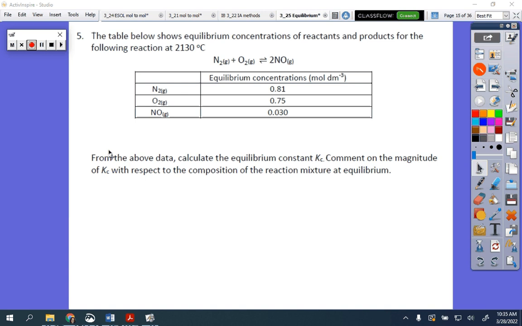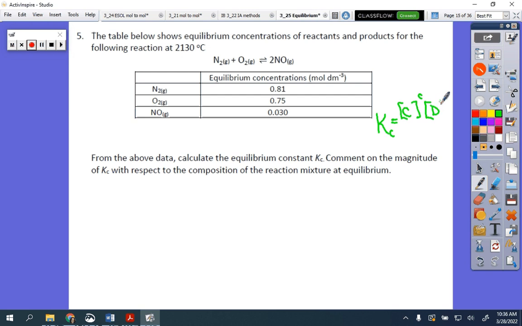So it looks like most of you have either set this up or gotten an answer, and from what I saw, the answers that I saw looked good. So just to quickly go through it for the sake of the recording, all we're doing is using our general formula that our Kc is the concentration of our products to the coefficient,